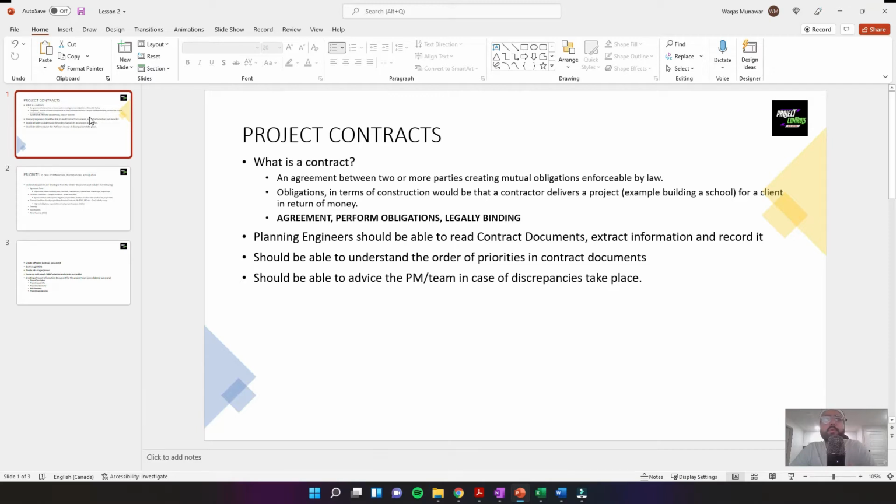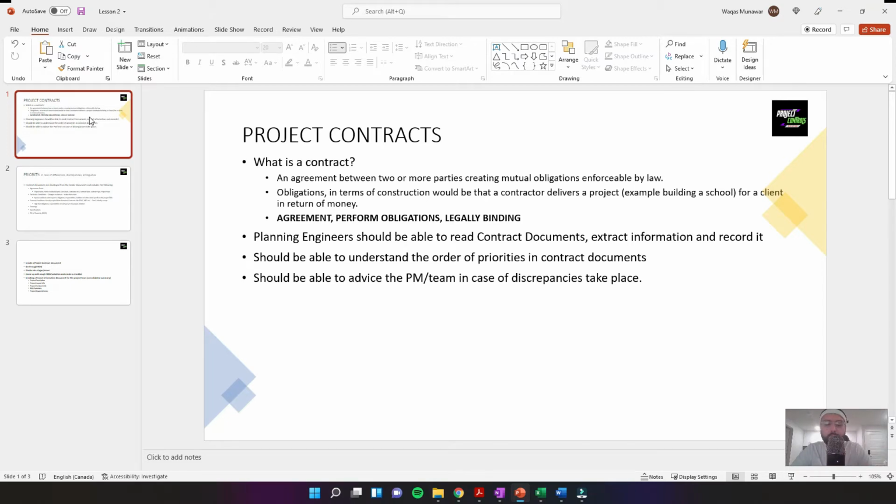So as you remember, we started out talking about project layouts. That's really an awesome way to start out a project. What's the next thing you need to know about? As planning engineers, we definitely need to know about project contracts, the contract document. Now, obviously, you don't need to be an expert on that. You're not a project manager right now, or a contract administrator or manager. But definitely, you need to know how to scan through that document and extract information from it and be able